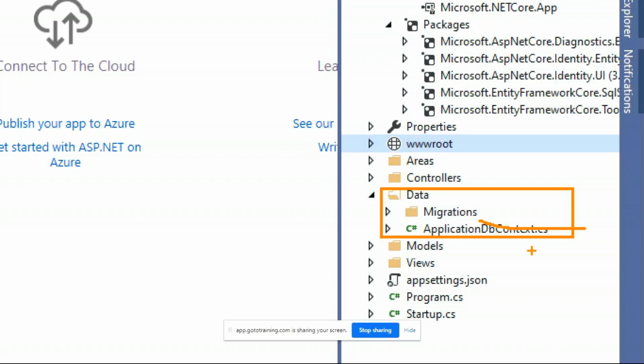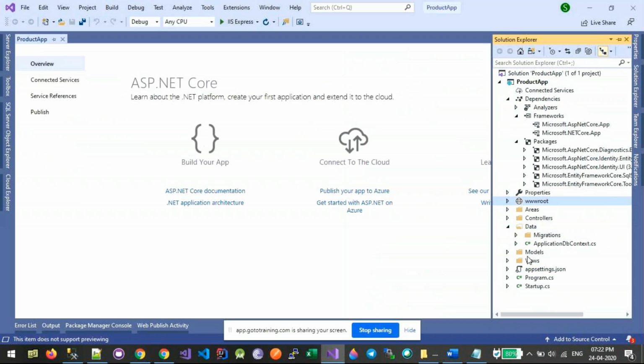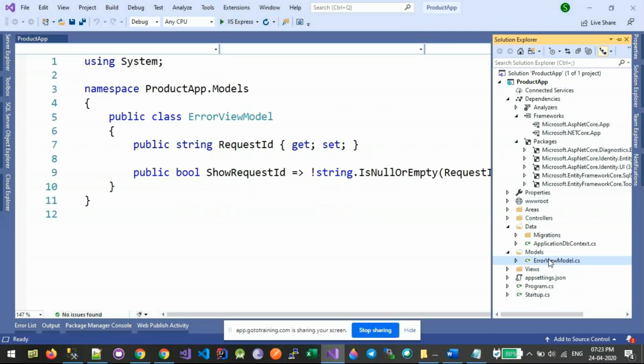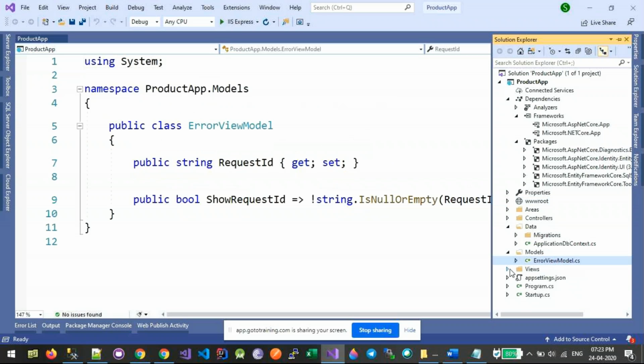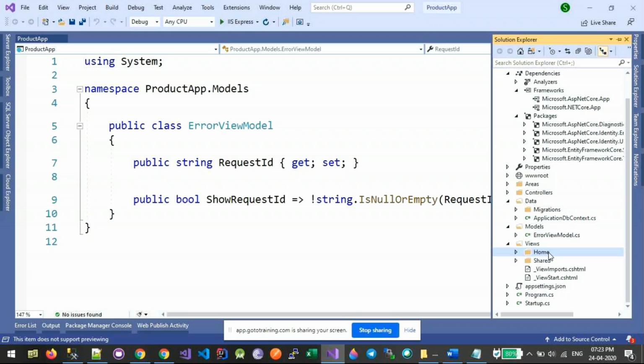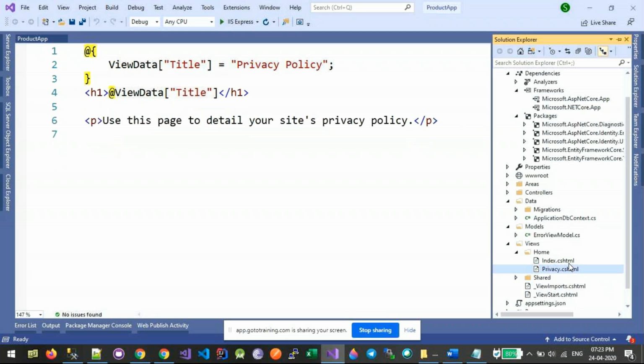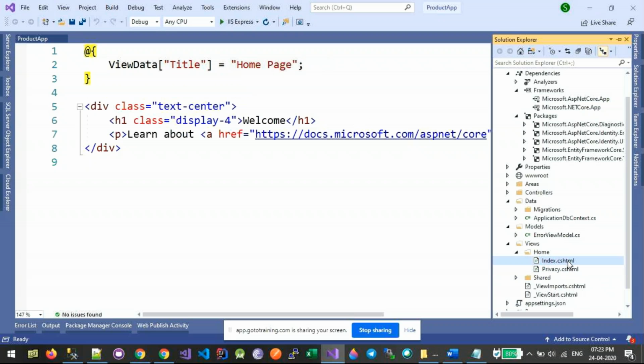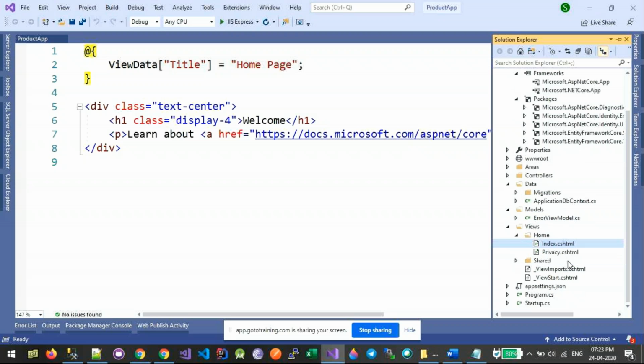This will be responsible for performing the actual database operations. Entity Framework is an ORM tool, for those who are not aware, and migrations will also be enabled by default. Models will house all the models which will be interfacing with actual tables in the database. Under views, we will have folders for every controller, and under that we will have actual Razor views. The file names are CSHTML. These Razor views allow us to write HTML along with C# code in the view file itself.